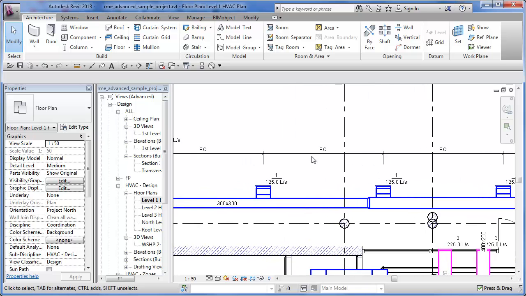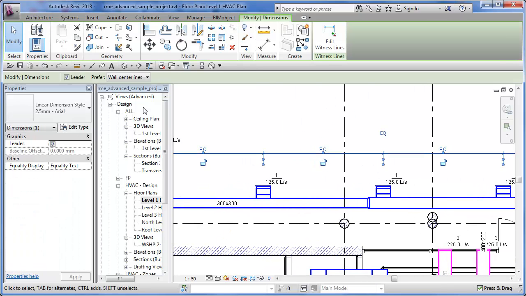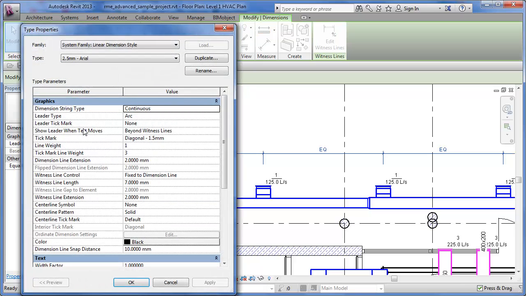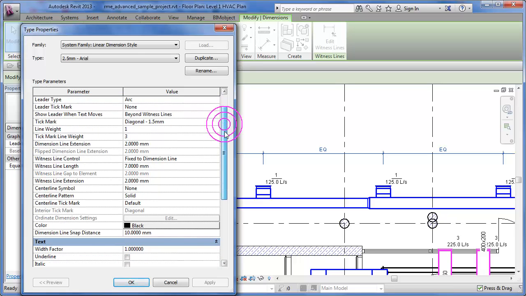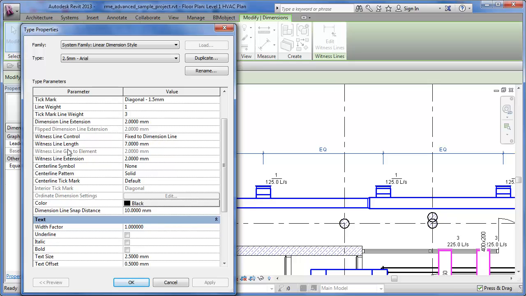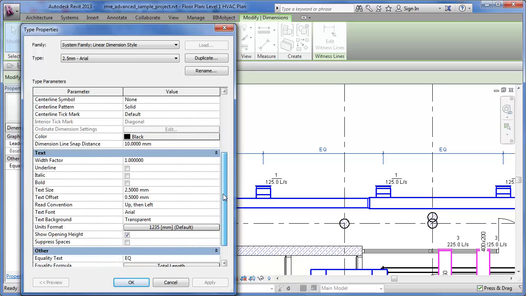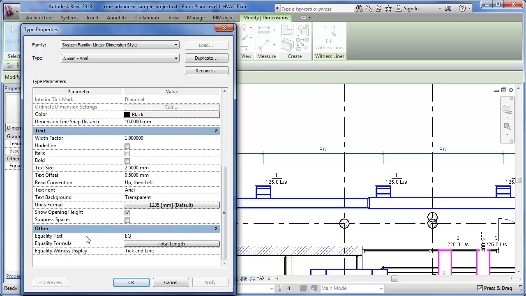So I just want to talk a little bit about that. If you pick on the dimension type, and we go into edit type to change the type, and this is the type of dimension style or dimension it is, we can look at some information down inside here, which has not really changed. Some tick mark size and text and font and witness line length and offsets and all that wonderful stuff. And then down here in the very bottom we have some other new parameters, and one is the equality text. Actually, it isn't new,